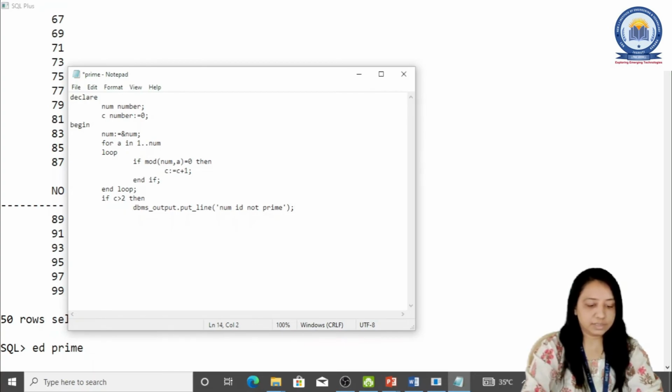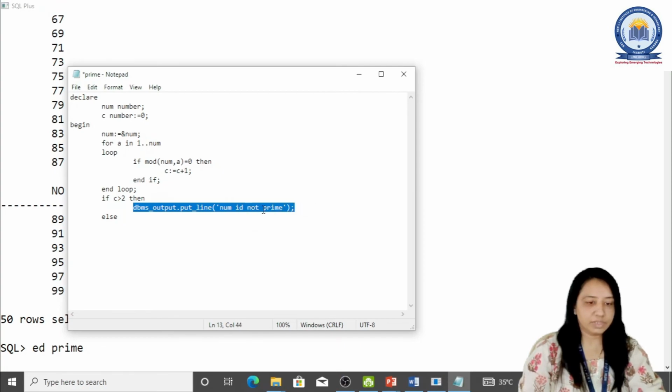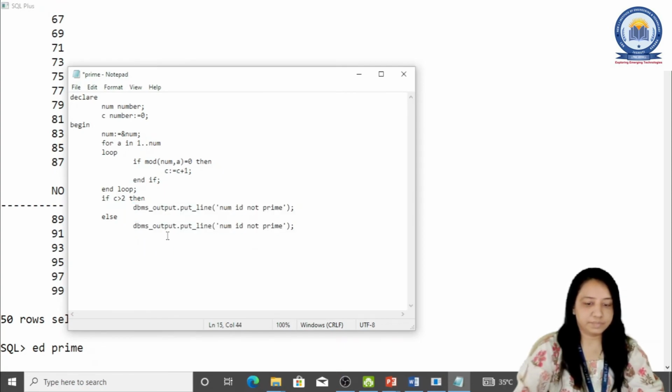Otherwise, else we'll just print that the number is prime. And just we end this if statement and also end.